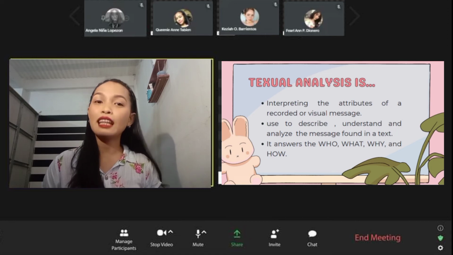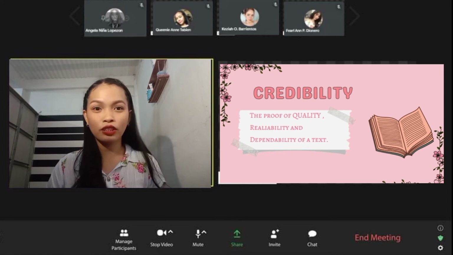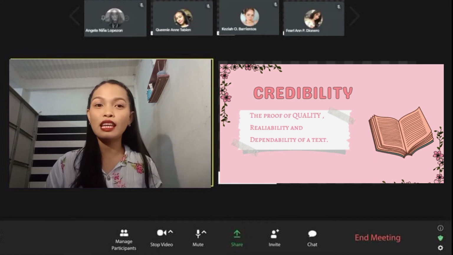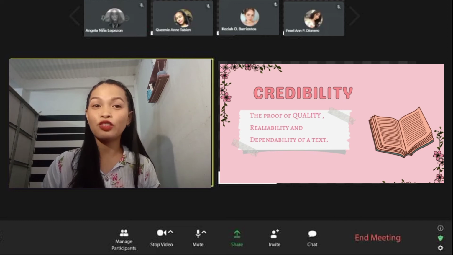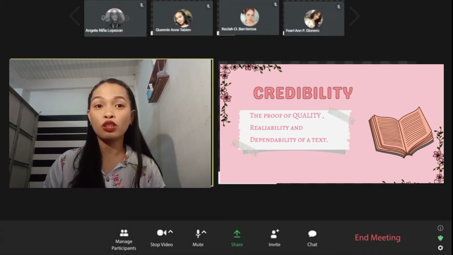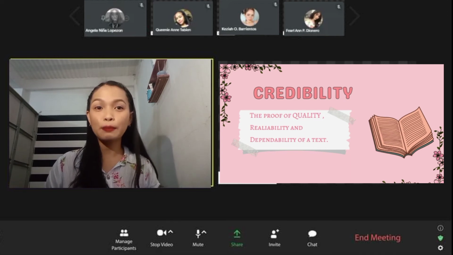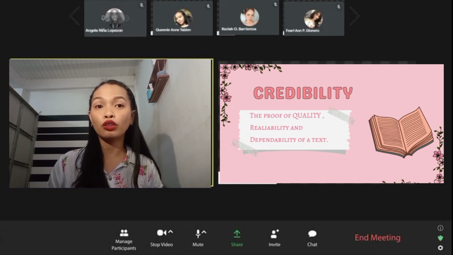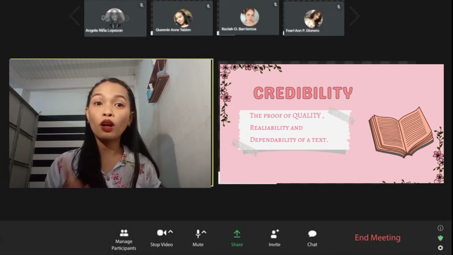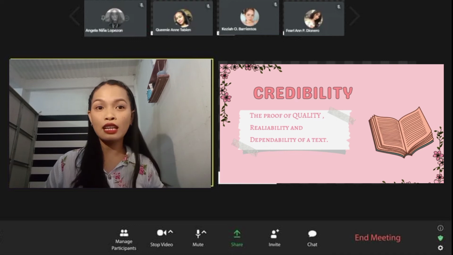In line with this, we must consider the approaches for effectively analyzing a text. So, the first one is credibility. It talks about the quality of being trusted and believed in. It is proof of genuineness and dependability. Examining the author's qualification and the quality of the material are the tests that might assist a reader to determine the